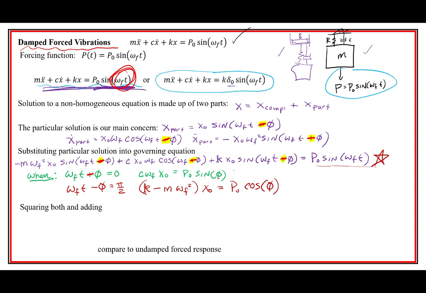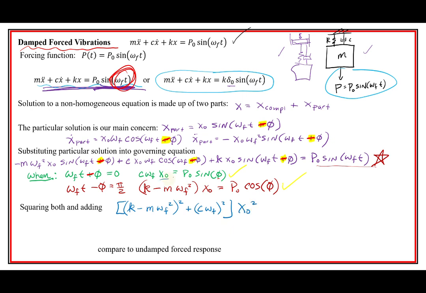Sometimes this is true, and sometimes this is true. They're not always true at the same time. But if we wanted to get the magnitude of them, what we could do is square both of them and add them together. That is a very common engineering trick. So if we square both of them and add them together, we end up with k minus m omega f squared, squared, plus c omega f squared times x0 squared,